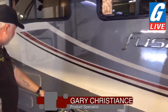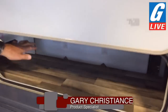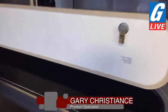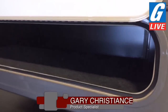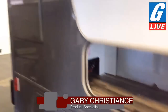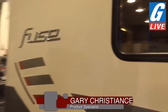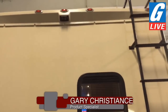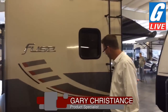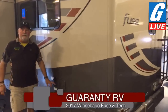Battery box is in there. Unfortunately, I don't have the key to pop it open. And then you have nice storage. You can see your water tank is inside the unit. It's protected. More storage down below. That is a nice deep box. And back here on this side, you're going to see the backup camera right here. It's got a phenomenal backup camera. It's really nice, very clear. LED lights here on the back. You have a city water fill on this side. You have a black water flush. You need to make